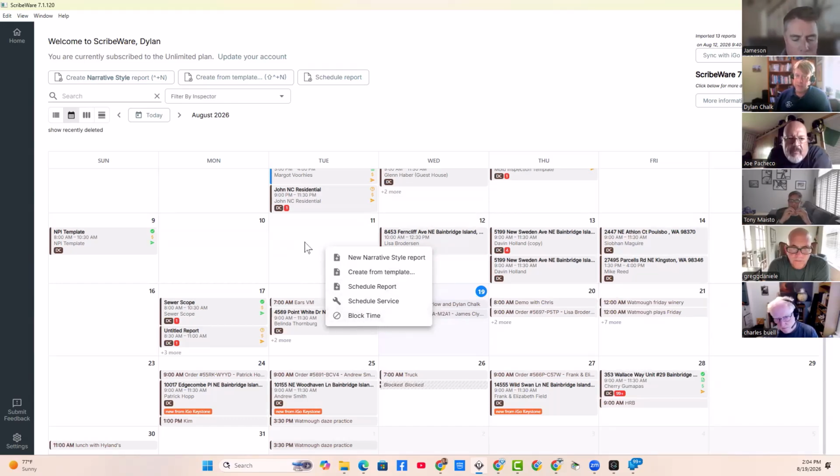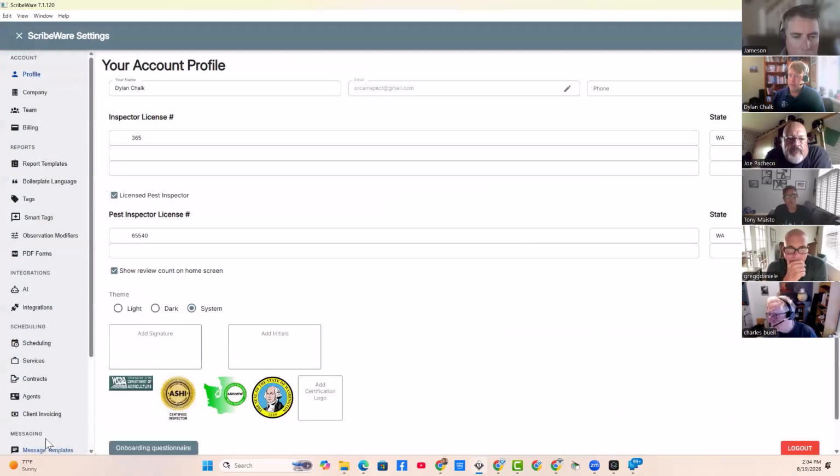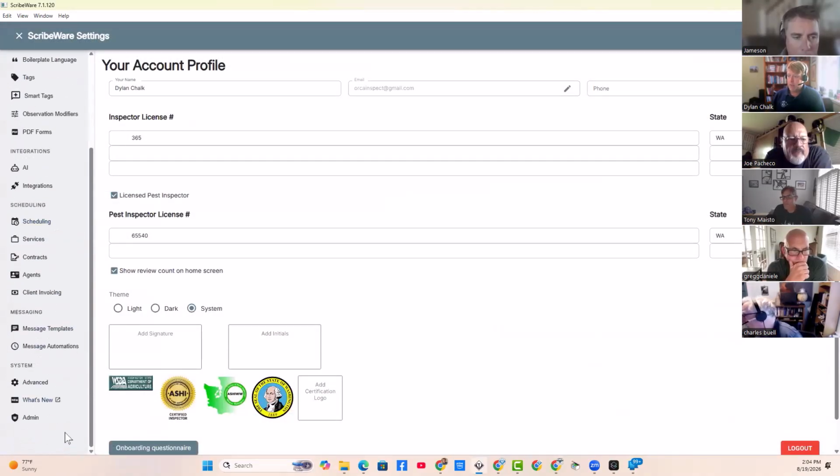I'd love your guys' feedback, but on the calendar, I think it would be really nice to see available times as little open slots. It makes it a little easier. You can see how much stuff I have on my schedule. So that was one of the things that came up. But yes, you can block your times off, and if you want to make your available times, you can go under settings and your